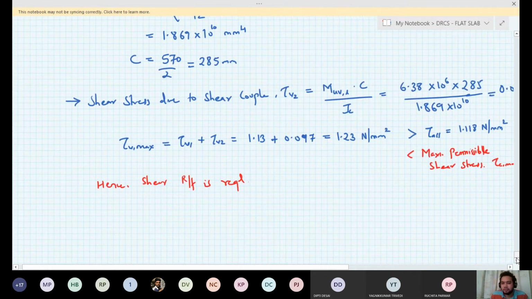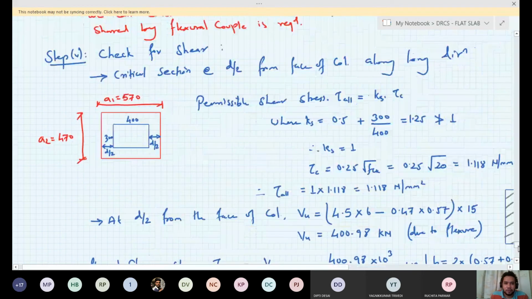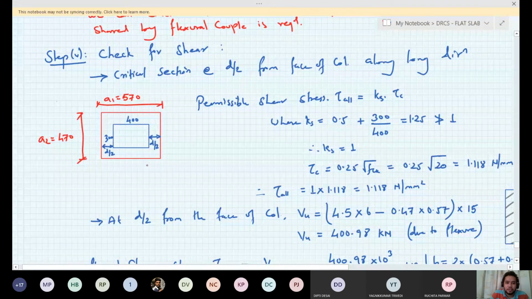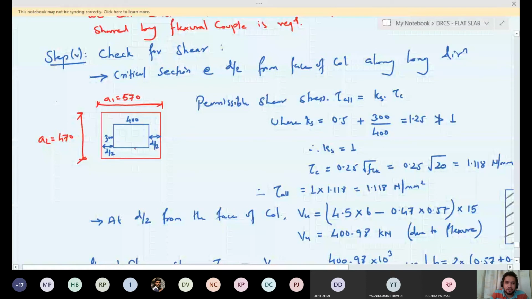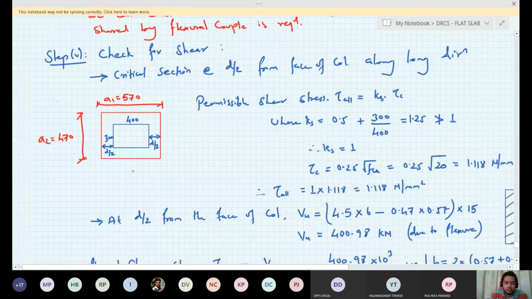Now let us find the shear reinforcement and up to what length we have to provide it. For that we have to take different sections. Let us say what is the value of the shear at d distance from the face of the column, then let us say 1.5 d or 2 d. The section at which the shear stress is less than 0.5 tau allowable, up to that distance we have to provide the shear reinforcement.